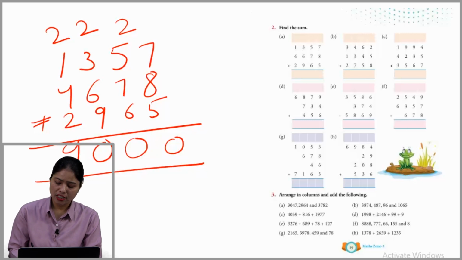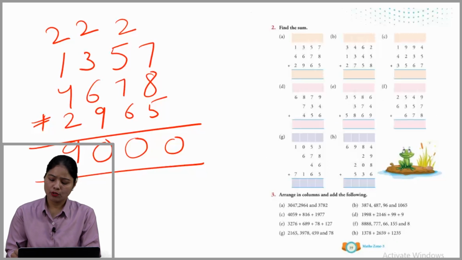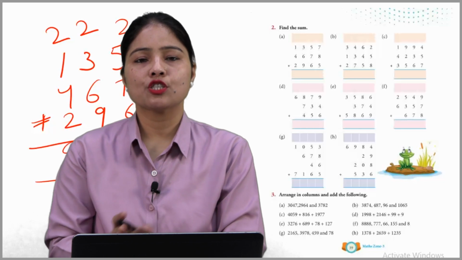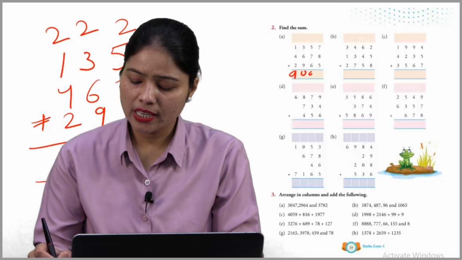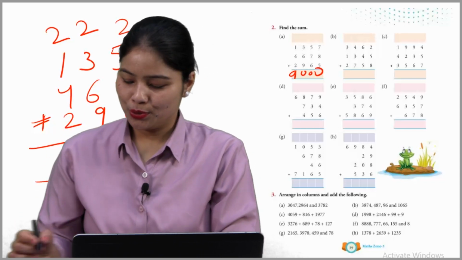So this is the addition sum. You can take any number with any ones. Okay. So आप 7 को 8 से करो या 8 को 5 से करो. You just need to do, remember you have to add 3 numbers together. Okay. So 9,000 is the answer of that particular one. So write it 9,000 over there. Okay. So these are the other examples. So you have to solve them on your own. Okay.